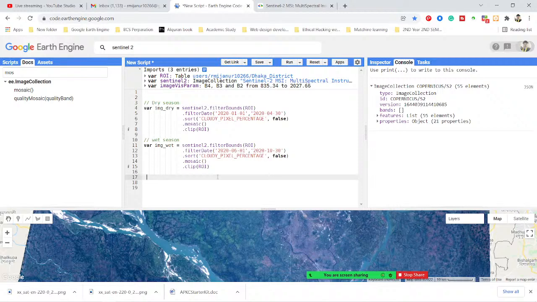After this we calculated the NDWI using these two satellite imagery. For this I simply use the function Map.addLayer. Then I simply use the image dry, paste here. After this, I already add the image visualization parameters. Simply copy it and paste here. After this, I keep the layer name. The layer name, I simply put here the dry season